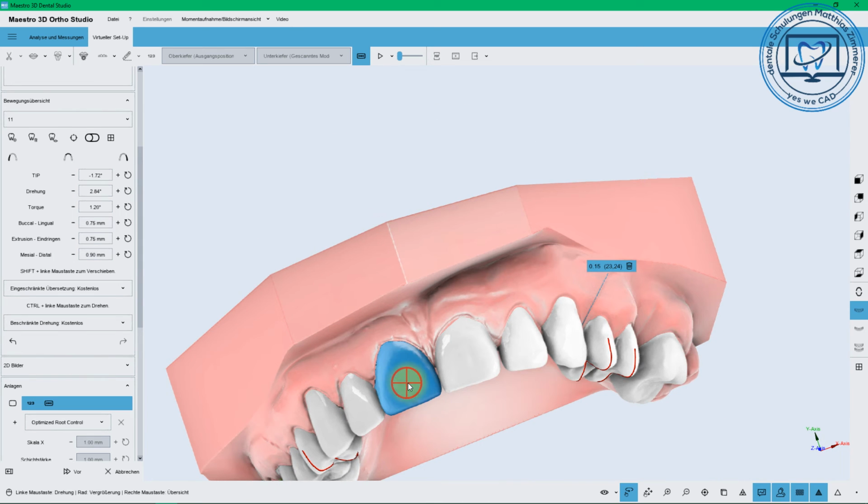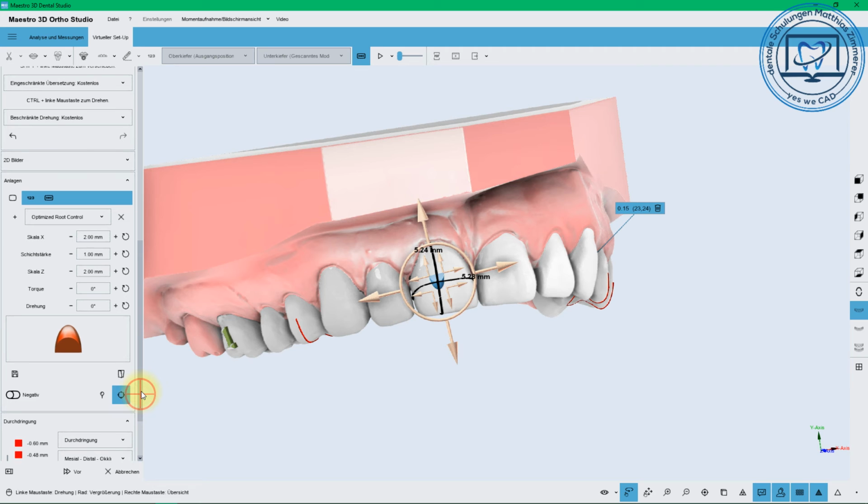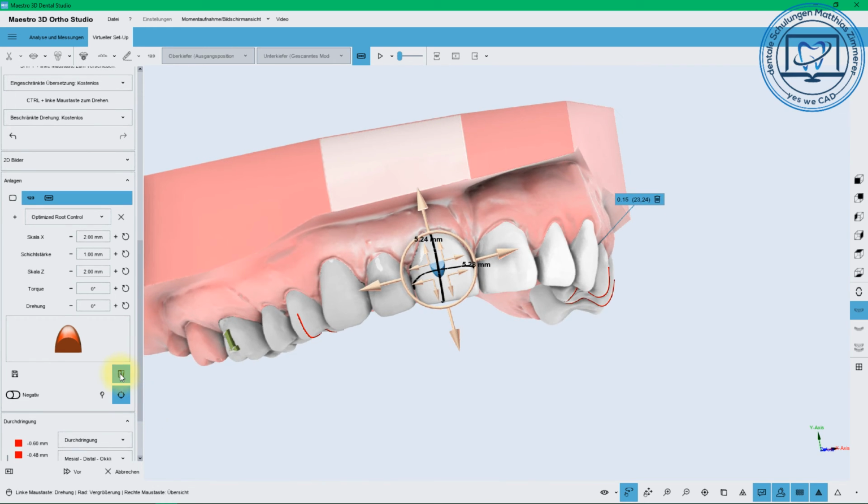Just take one attachment, press the plus, make a double click on the tooth you want to place, and so you can load some parameters,